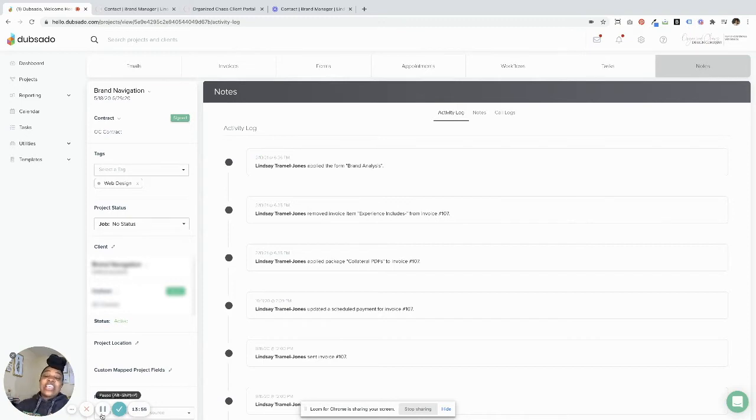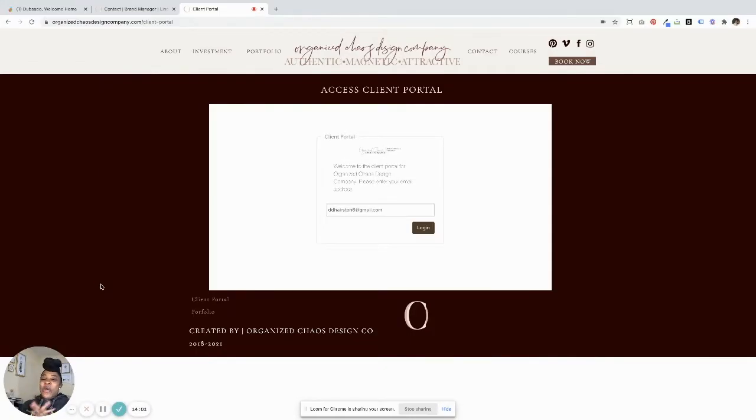and how it integrates into me being a brand identity designer. So once again, you know I'm all about everything being branded and being able to integrate things into my website. So this is the login for the client portal for any customer that works with Organized Chaos Design Company. Once again, it's embedded right into my website, and you're able to see that it is the same branding and consistent throughout. It's important, if you're selling yourself as a brand identity designer, that your brand has to be on point too. So to log in, the client will simply enter their email address